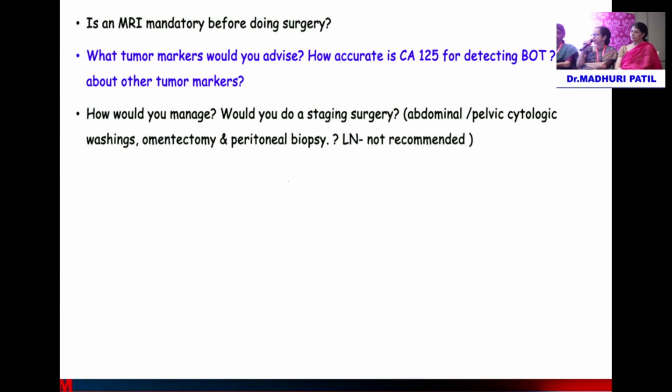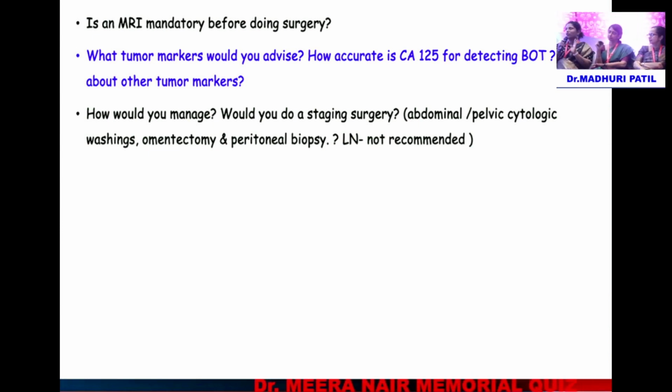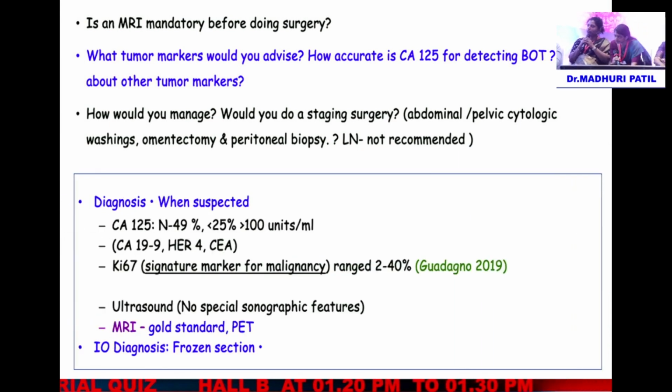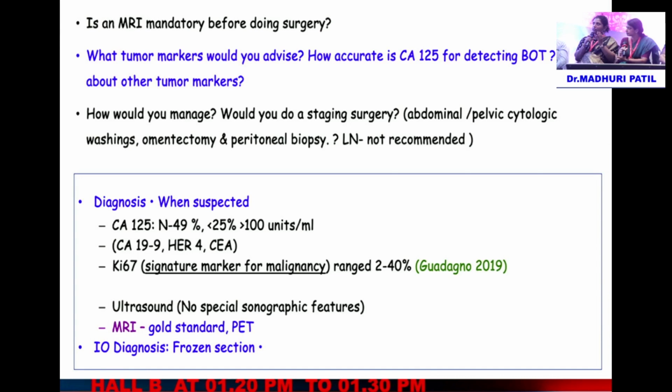Not going to help you. It's routinely done, but it's not going to help you in your surgical plan or treatment. 50% of the stage 1 and 2 will have a normal CA125. Doesn't mean it's normal. And any other tumor markers would you like to do? If it is mucinous, CEA can be elevated, but CEA can be elevated for other reasons also. And another thing is, we are not sure of the histopathology until you really have it. If CEA is elevated, you might have to go for evaluation of the GI.